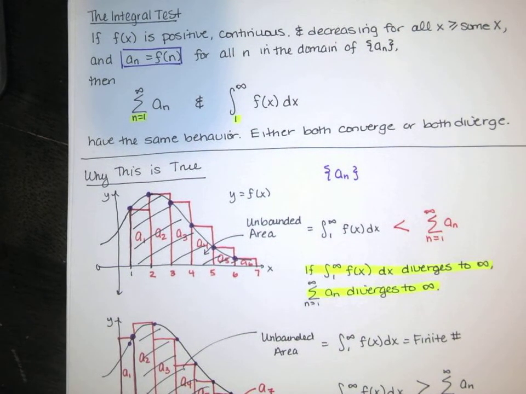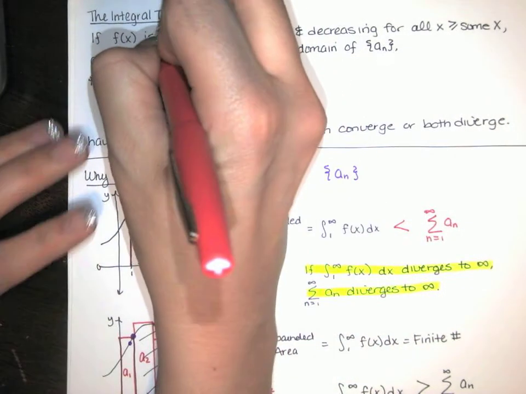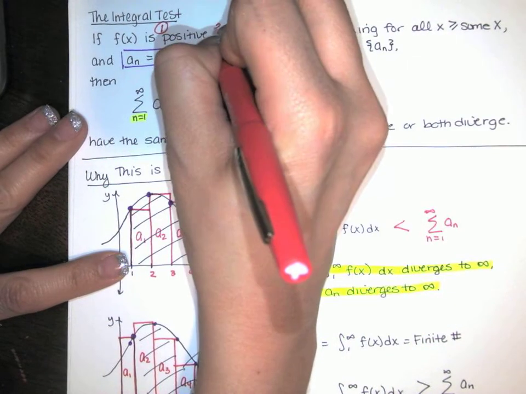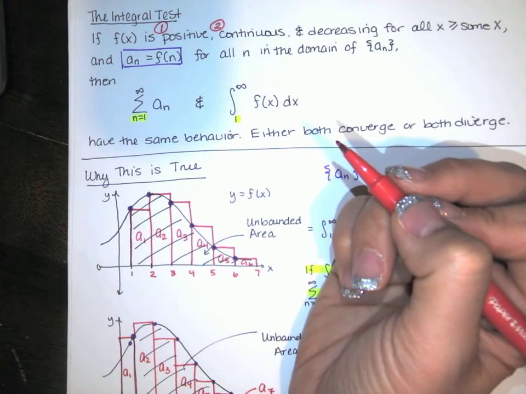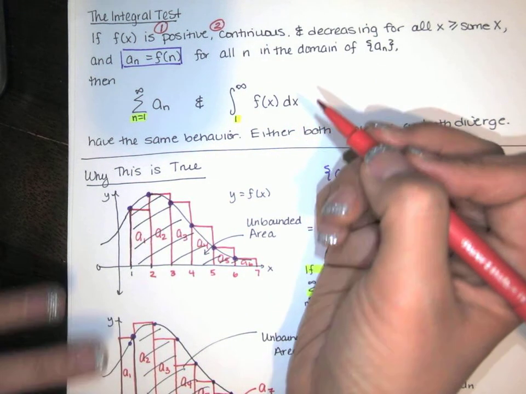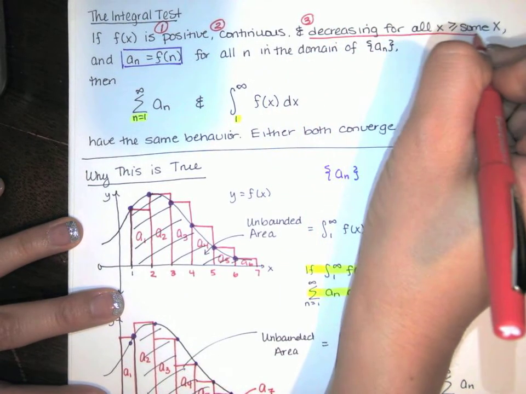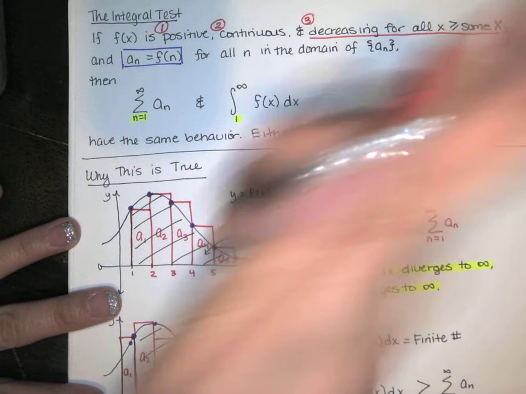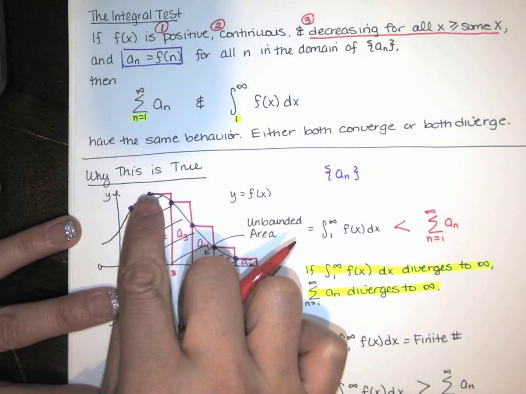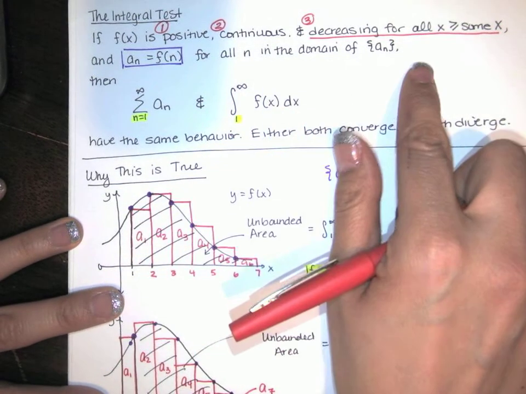It says if the function is positive, so I need to make sure that's true. Continuous, I need to check the conditions for continuous functions and make sure that's true. And it's decreasing eventually, so it's decreasing for all x greater than some x. It's okay if it increases a little bit at the beginning, but we need it to eventually be decreasing. Provided all those things are true,